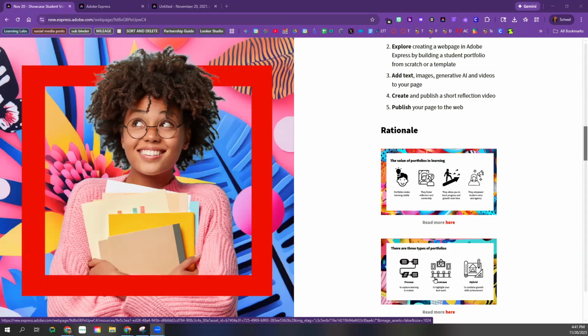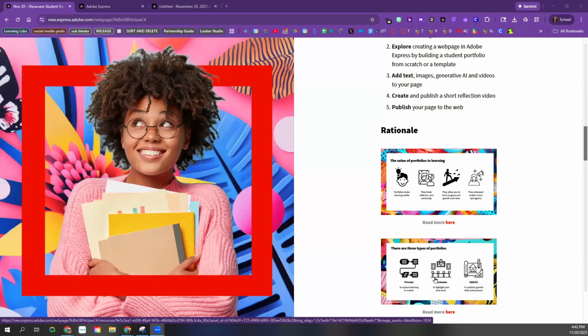And being able to do a paper-based portfolio, you can't do digital elements in that way. I guess you can if you put in a QR code, which you can also, by the way, do on Adobe Express. So it's just a more highly engaging and interactive and diverse way of allowing students a multitude of different ways in which to demonstrate their learning, but still being able to hold those in one place so that